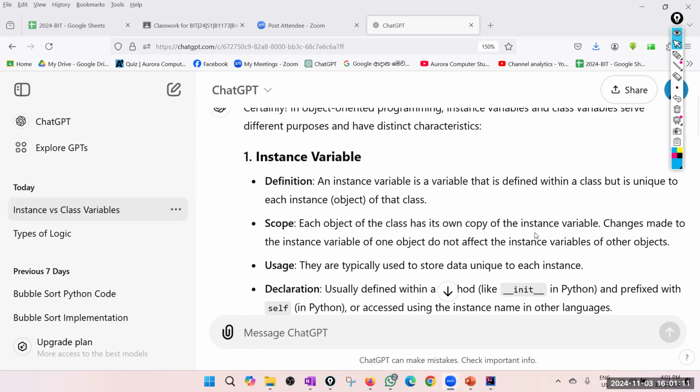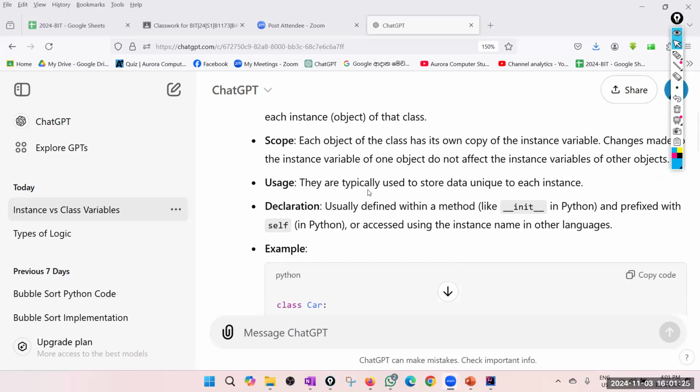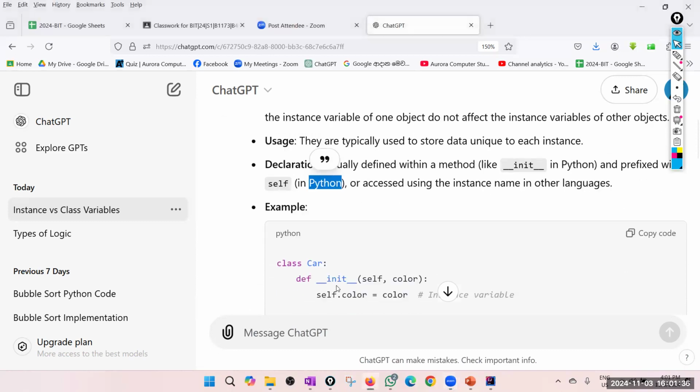I told you that memory is allocated. Changes made to the instance variable of one object do not affect the instance variable of another object. හරිනේ. ඔයාගේ ඊළඟ සල්ලි withdraw කරා කියලා මගේ balance එක වෙනස් වෙන්න බෑ. Usage. They are typically used to store data unique to each instance.